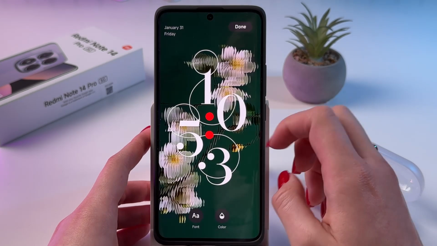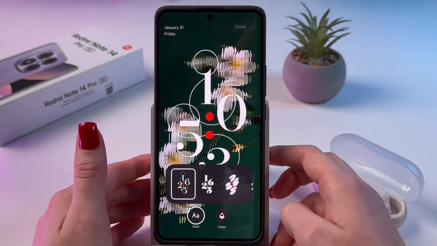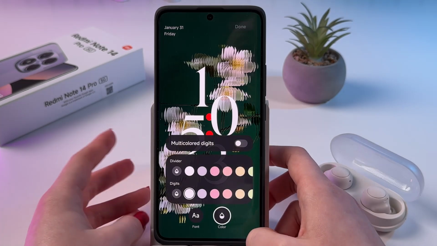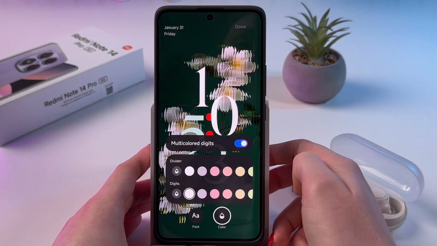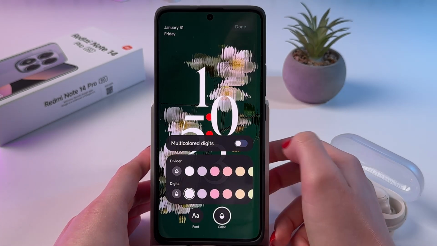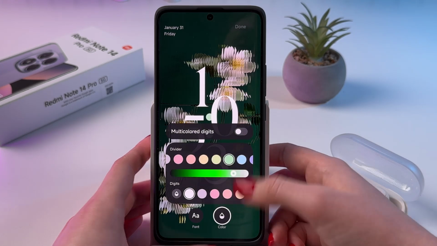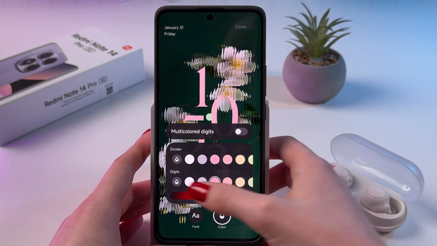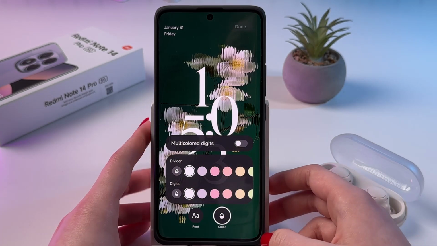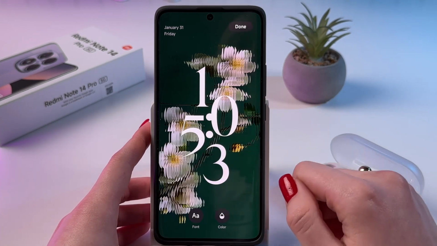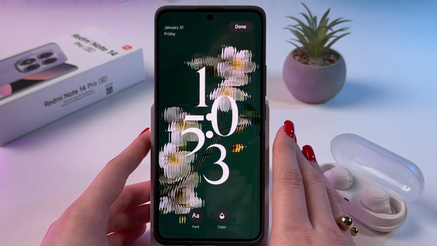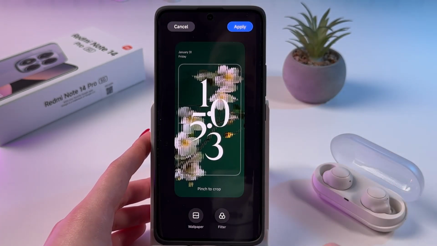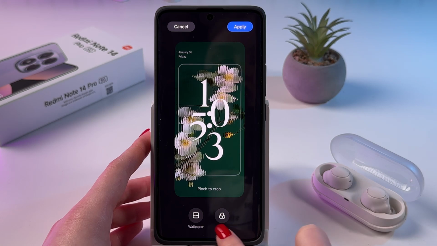And now we can change time. We can change font here. Also, we can change color and enable this one multicolored digits. Here you can change digits and divider, so just pick something from this list. And now if you're satisfied with changes, as we did before, tap done, and here you can also change filter,